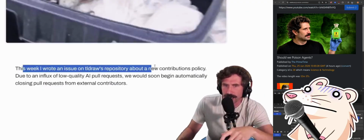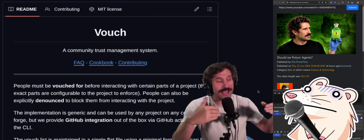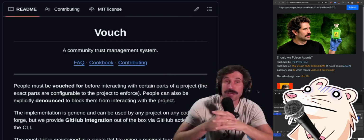This week I wrote an issue on TL Draw's repository about a new contributions policy. Due to an influx of low-quality AI pull requests, we should soon begin automatically closing pull requests from external contributors. And of course, Mitchell himself reads something called Vouch, in which you can vouch for somebody. If you're on the vouch list, you're allowed to make contributions. If you're not, and you can even be banned, your PR will get automatically closed by GitHub Action